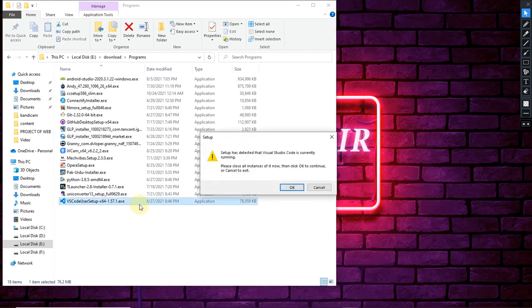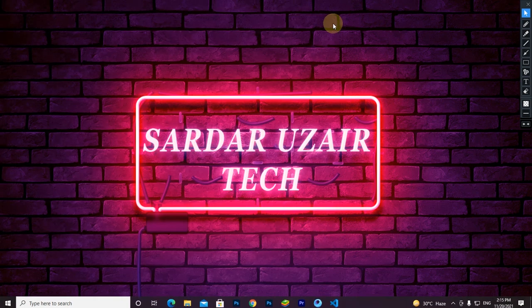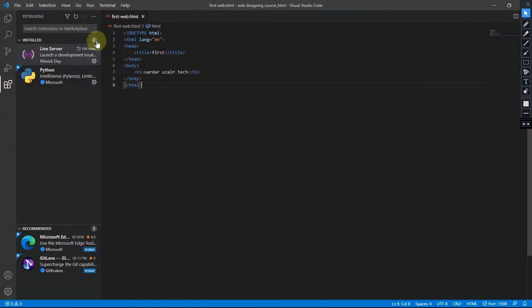Click on it, simply install, tap on next, and your Visual Code is installed successfully in your system. It is not a too long or hard way. After installing Visual Code Studio, you can install the live server,